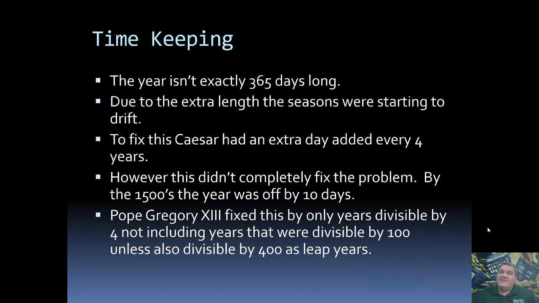Now, one last piece of timekeeping is the year. The year is not exactly 365 days long. It's actually 365.24 something. I don't remember, and it's not really important for what we're talking about. But it is slightly longer than 365 days. What this means is that if you do not take into account that little bit extra part of a day throughout multiple years, then the seasons and the calendar begin to drift away from each other, because we don't have this little extra day that's actually part of our year.